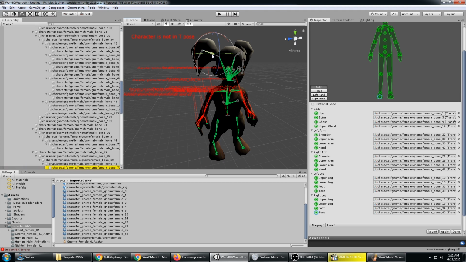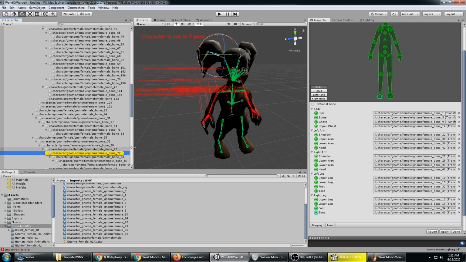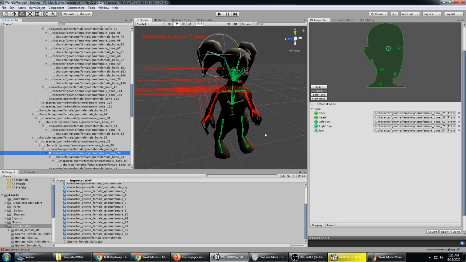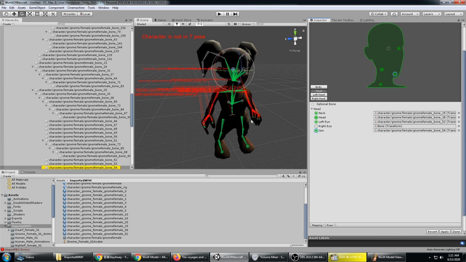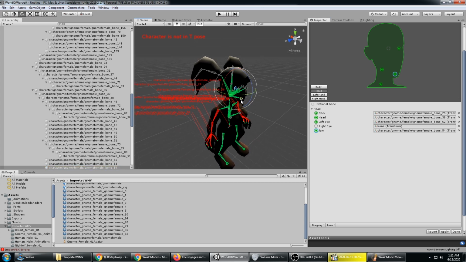And it looks like some of the bones are improperly assigned here. We've got this 72 is on the right eye. That's incorrect. And these ones are optional. So if it has a dotted circle, it's optional. If it has a solid circle, it's required. So the jaw and things like this are important if you want to end up using mouth animations to make the character talk,